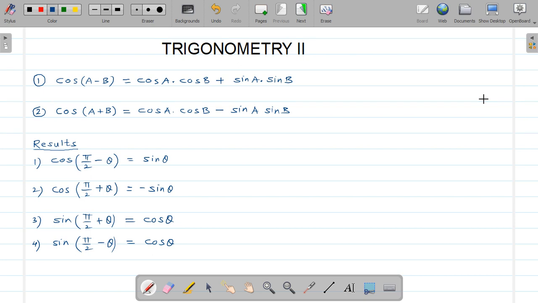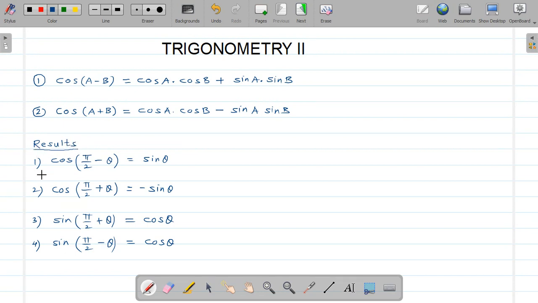Dear students, in our last lecture we studied from the topic trigonometry number 2, the compound angle formulae. First formula that we have derived is cos of a minus b is equal to cos a into cos b plus sin a into sin b. Then second one is cos of a plus b is equal to cos a into cos b minus sin a into sin b. So these two formulae we derived in the last lecture, and related to that we have studied some